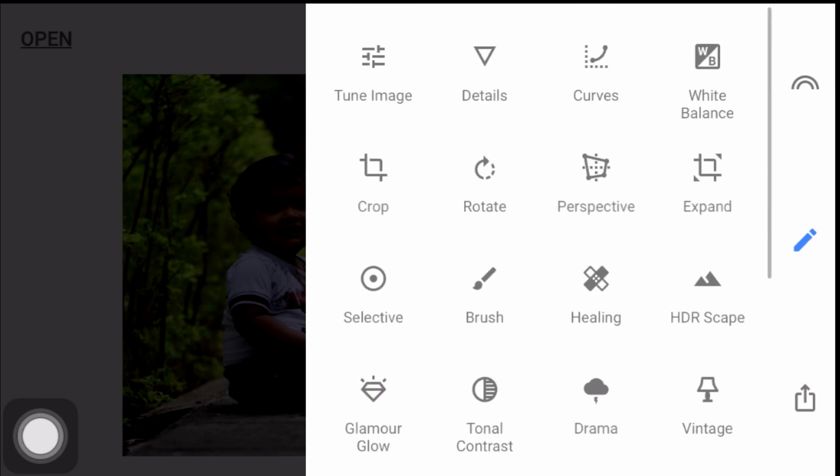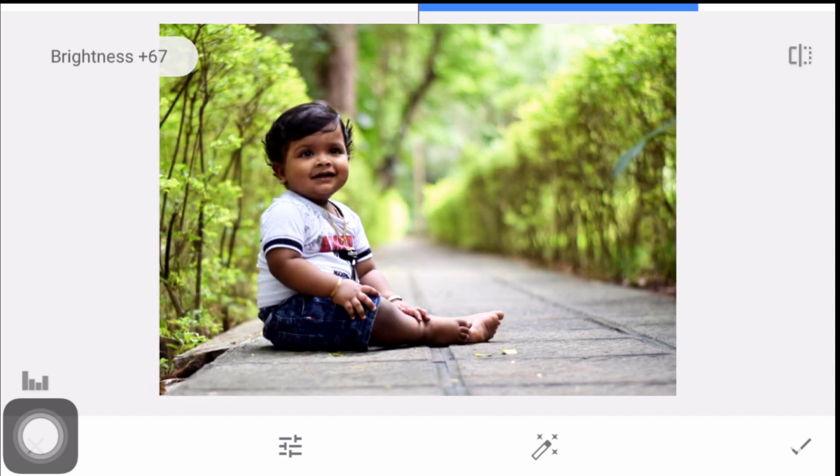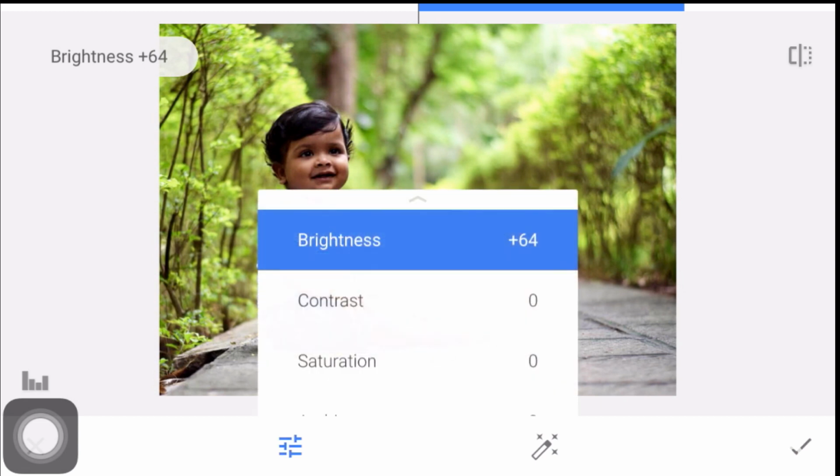Now we can start on how to edit this. First of all, I am going to edit the basic parameters like brightness, contrast, etc. For that we have to go to tune image. First I am going to increase the brightness. Now you can see the brightness is increased.